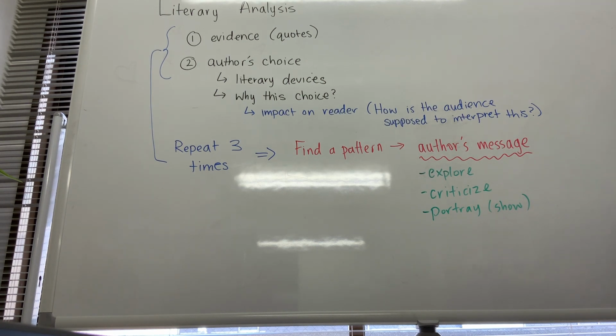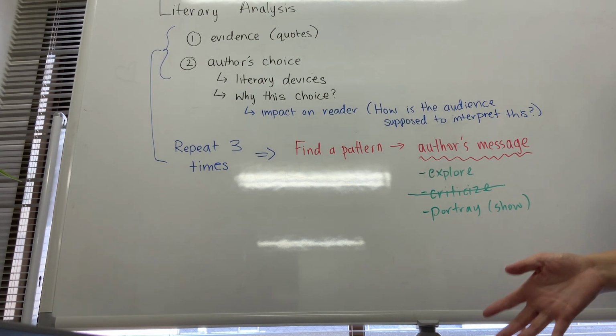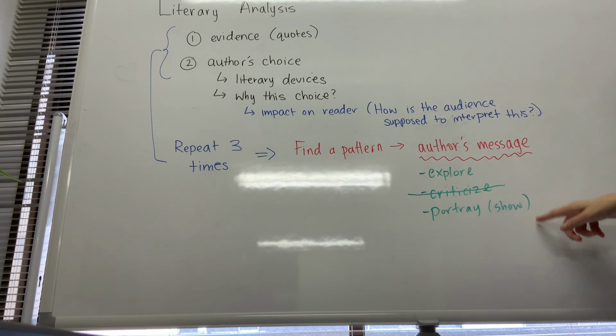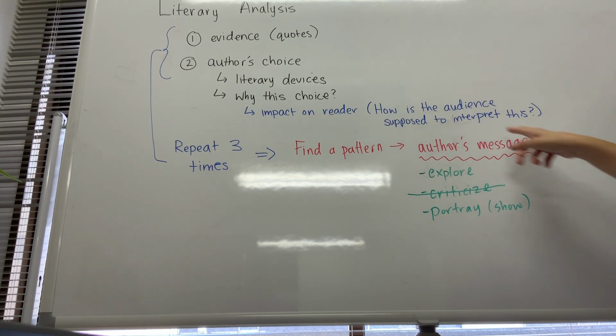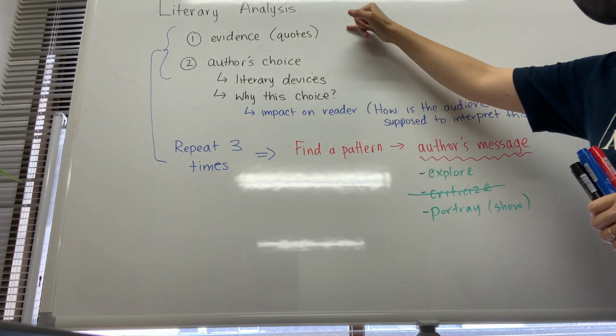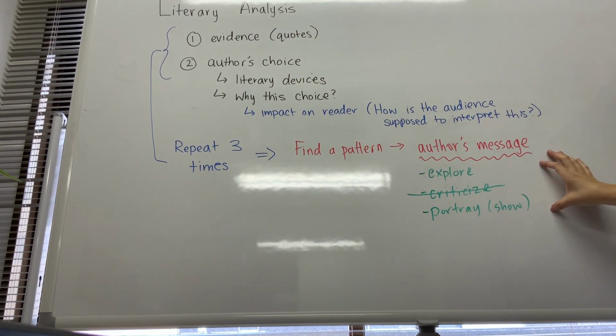So we can start to build out a pattern. She is not criticizing in this case. Is she portraying something, showing something? Kind of, right? So we know she's definitely exploring it. She's showing those things. So then the author's message is basically just an active verb, an action verb. What is the author trying to do, okay? An advertisement is different. For an advertisement, they're trying to sell you something, right? But if we're talking about exploring or portraying, then all 3 of these quotes and evidences should fit under this,